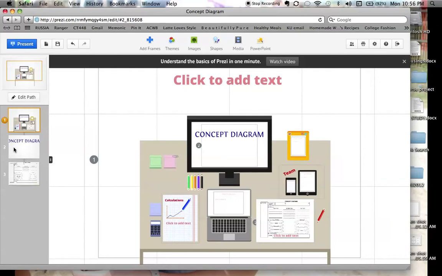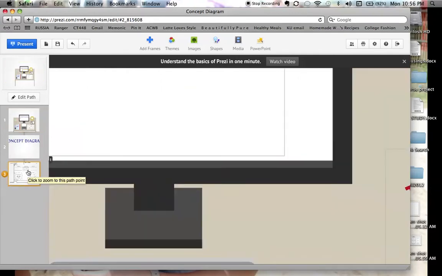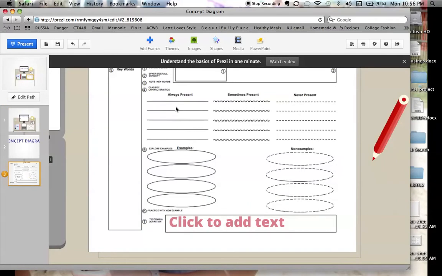So we're going to attempt to do that today with the concept diagram, so that students can understand what it is, what it is not. I just gotta wait here for my computer to load. Here we go. So first off, we're going to start here